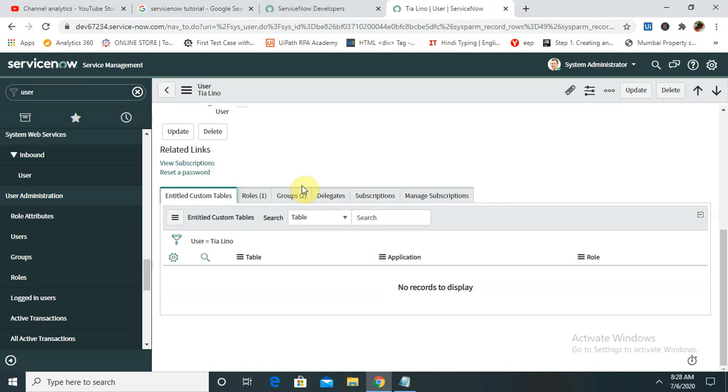Next, we created one group and one role. After creating these role and group, we assigned this role and group to the user. So this is all about how we can create group and role and assign it to a specific user so that he will work according to requirement.